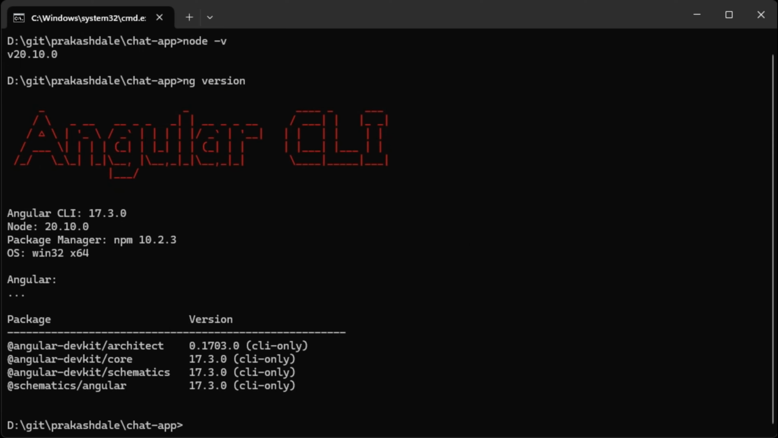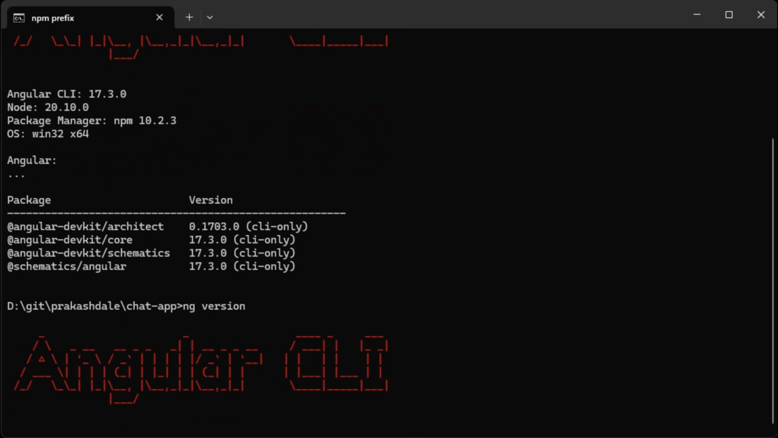If you don't see a version number, or if your version is different, you'll need to install or update Angular CLI. To install Angular CLI, use the Node Package Manager (npm) that comes with Node.js. In your terminal, run the following command: npm install -g @angular/cli@17.3.0. This command installs Angular CLI globally on your system, making it available for any project. Once the installation is complete, verify it by running the ng version command again in your terminal. You should now see the version number